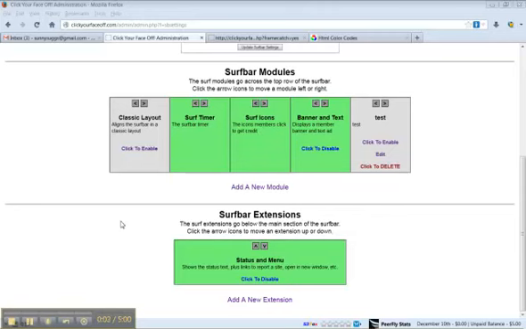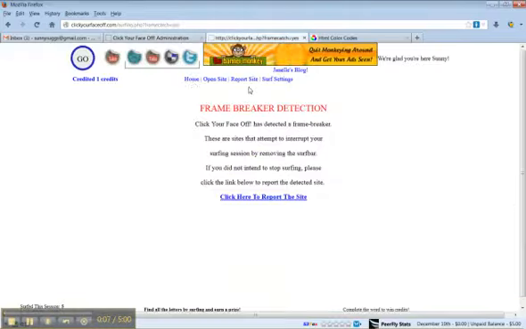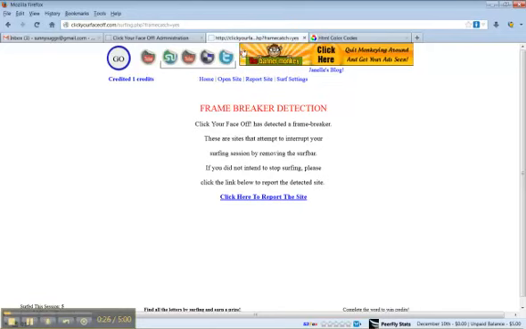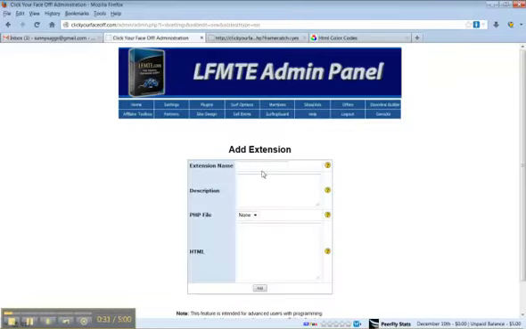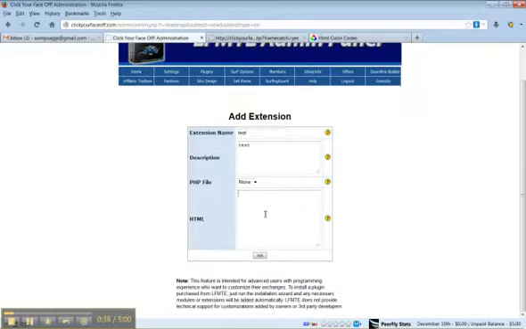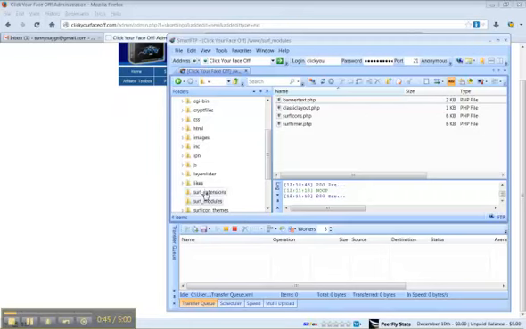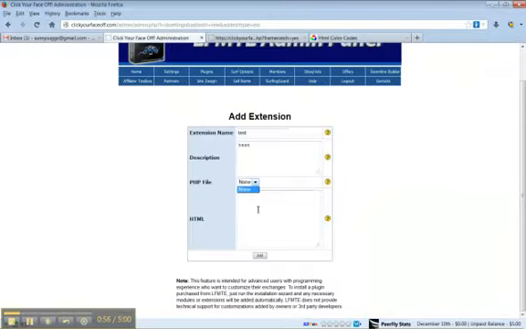Next are the Surfbar extensions. This is the status and menu that you see here. Now that's back to the way it was. And I'm going to come here, add a new extension, name it test, description test. If you have a third-party module that you want to put in this section, you can list it in the Surf Extensions section folder on your server, and it will show up here as a PHP file, but